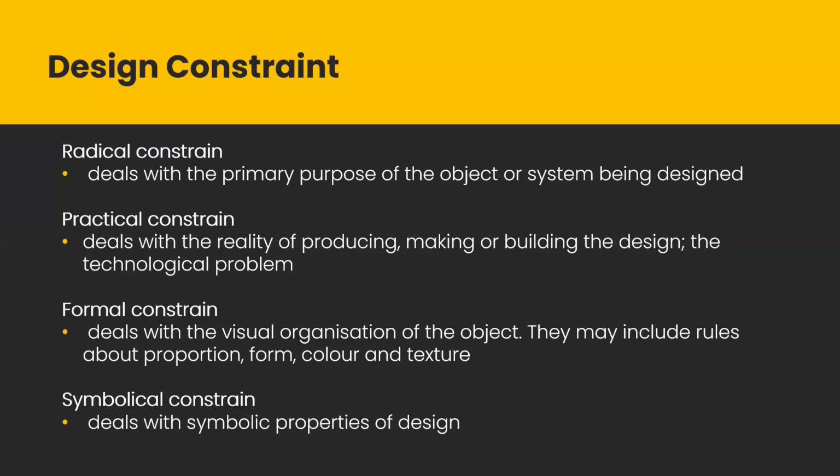Yeah, that is a practical constraint. Formal constraint deal with visual organization of the object. I want the wall to be probably having a door, dari ujung atas sampai ujung atas misalnya. Full door. But then probably the proportion will be a bit weird compared to the windows probably ya. Jadi compositionnya yang jadi problem.